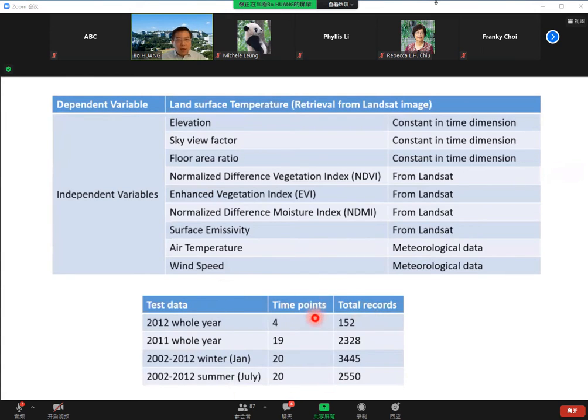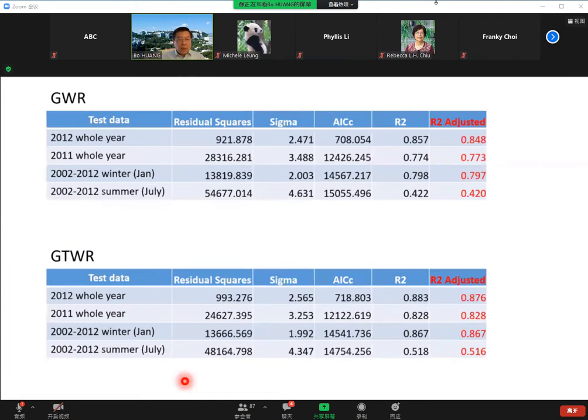One is all the spatial temporal data points representing land surface temperature that can be extracted from the whole year images in 2012, in 2011, and all the data points for all the winters that can be extracted for the imagery available during the period from 2002 to 2012, and for all the summers from 2002 to 2012. Yeah, then we can fit a